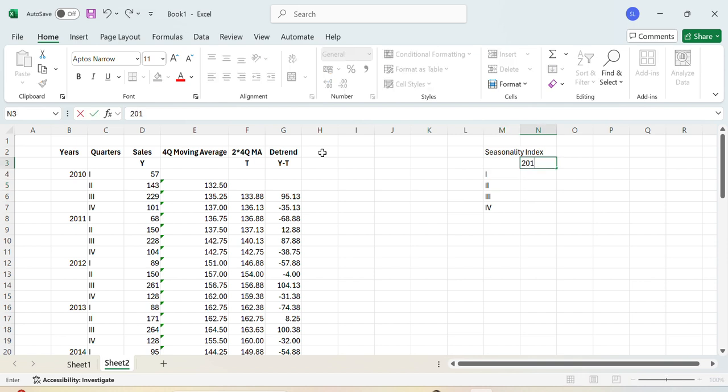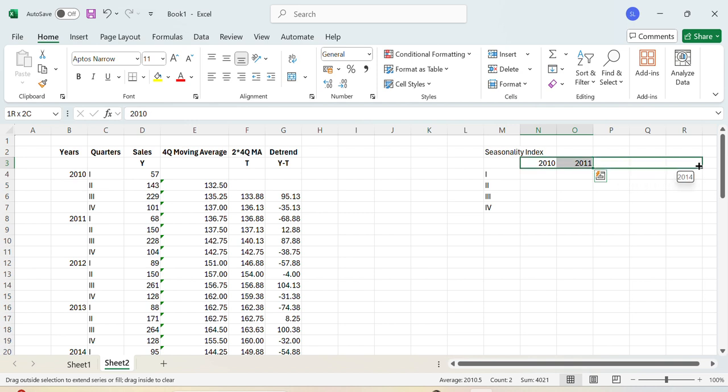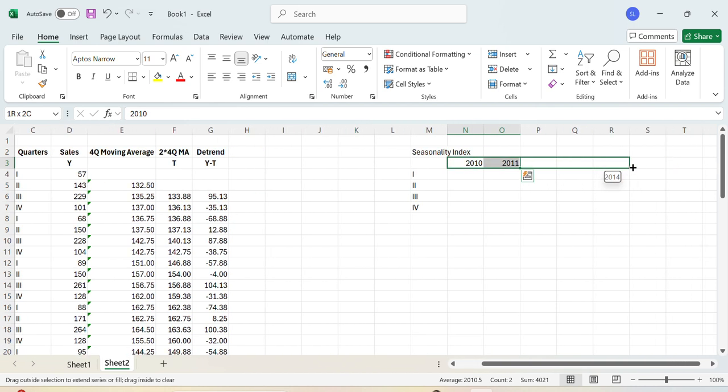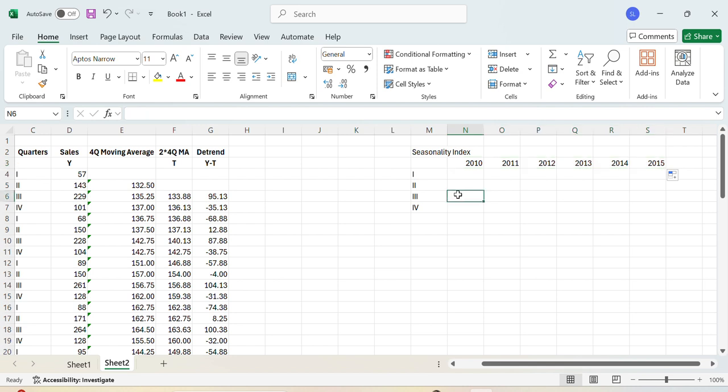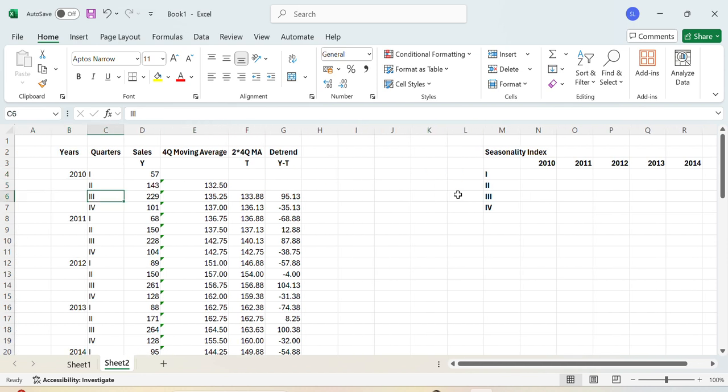So I'll write down the years, up to 2015. Now for seasonal indices, we will write all the seasons. So we have the first season available in quarter 3 of 2010. So I will copy the third quarter and fourth quarter data,